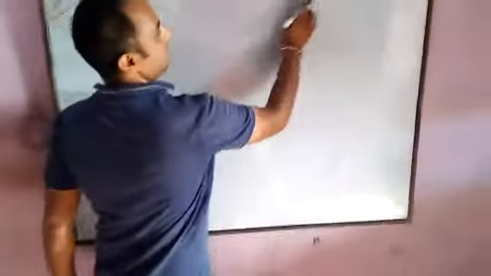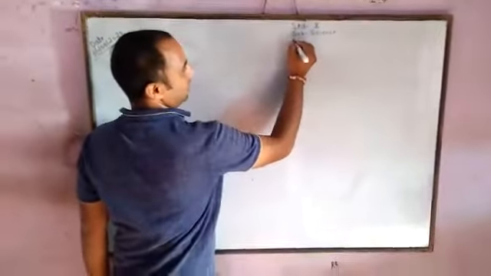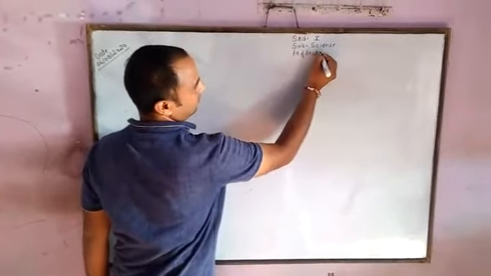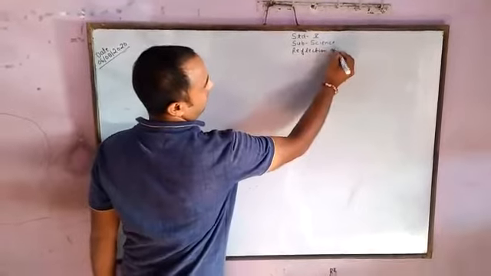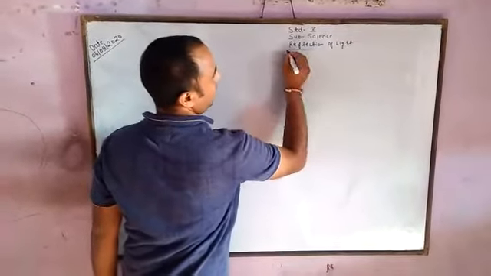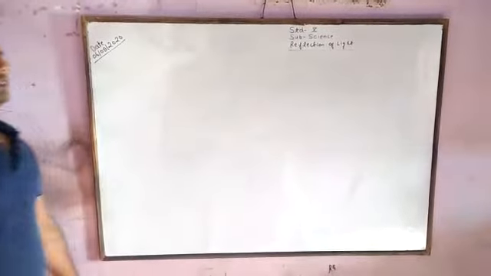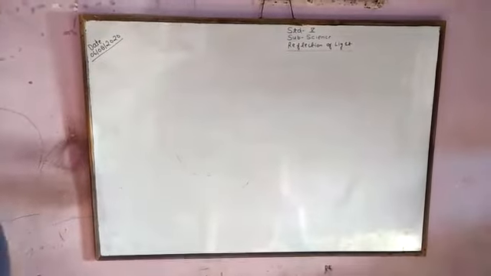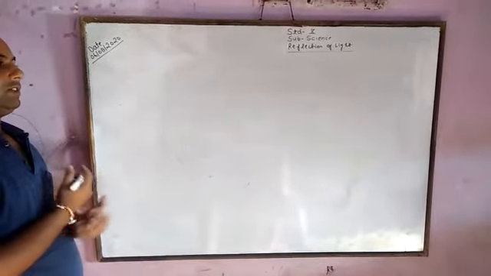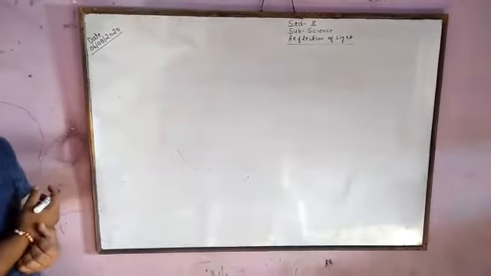Now we are discussing the topic of reflection of light, a 10th syllabus topic. In the previous lecture, we discussed various terminology of the reflection of light. Now we are discussing reflection, and how the various types of reflection processes take place.